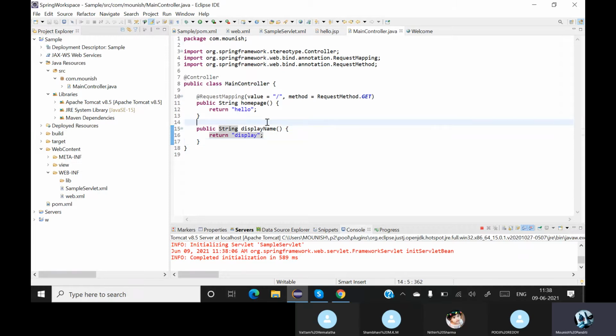Let me first give my request mapping. By default, the method is always GET for request mapping, so there is no need to give it as RequestMethod.GET. If there is no need of giving a method like this, the first one will automatically be the value, so no need to give value equals; you can directly give whatever you want. Here I am giving display name. Inside this I'm taking a string,